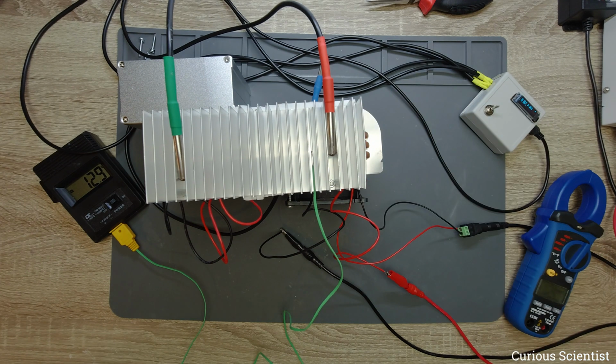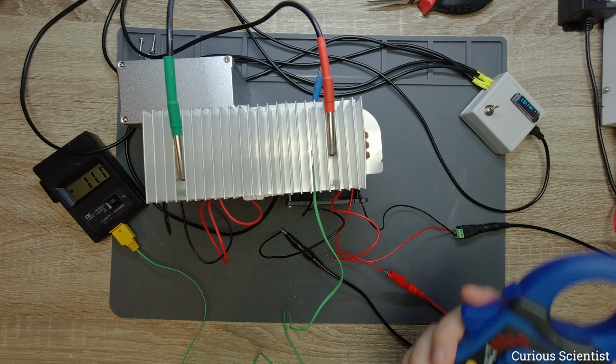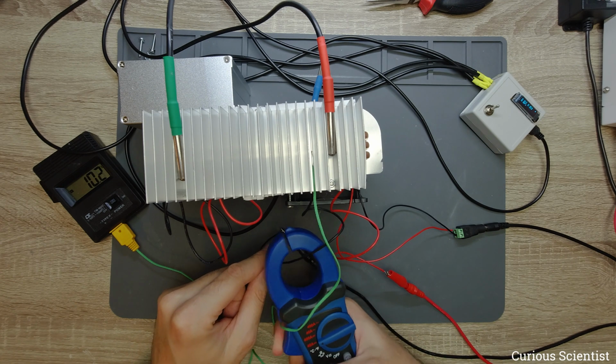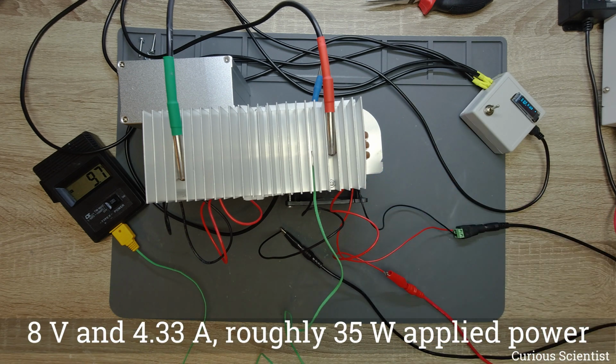So let's go to 8 volts, just because of my curiosity. So at 8 volts we have roughly 4.4 amps. So let's check it with my multimeter. 4.3,